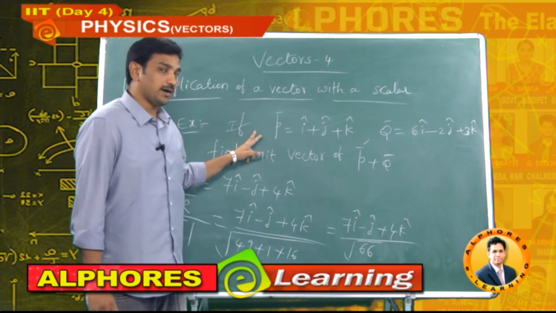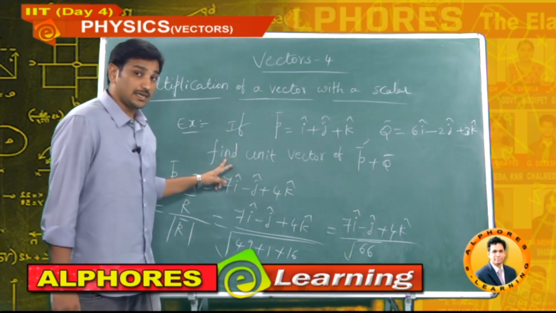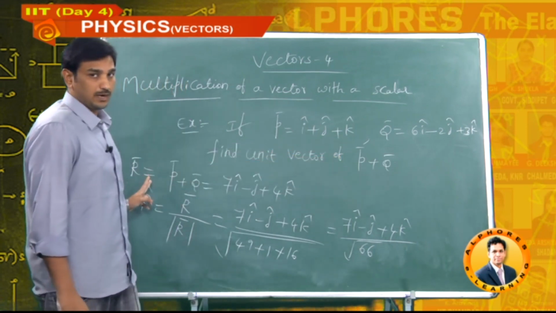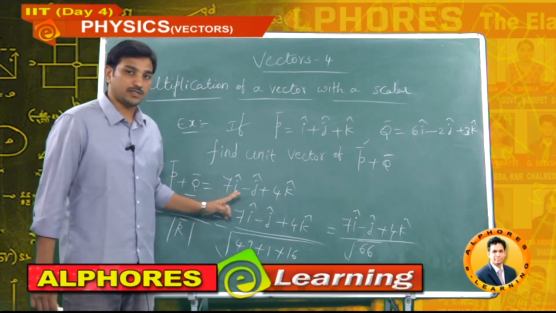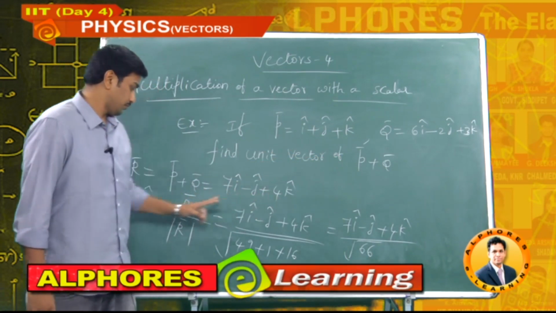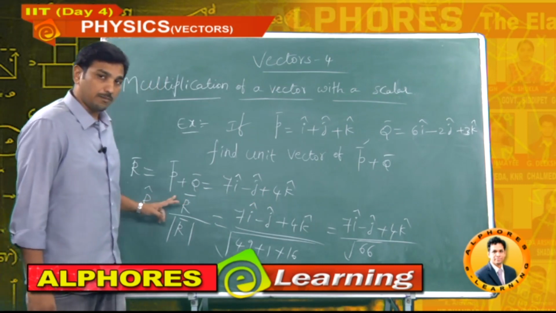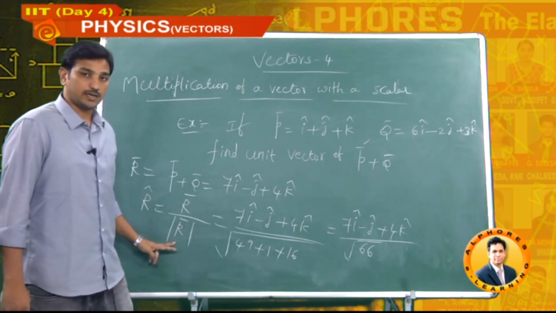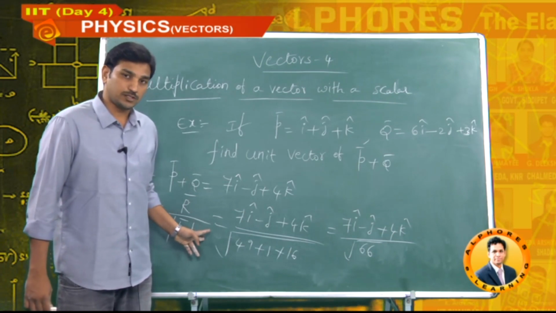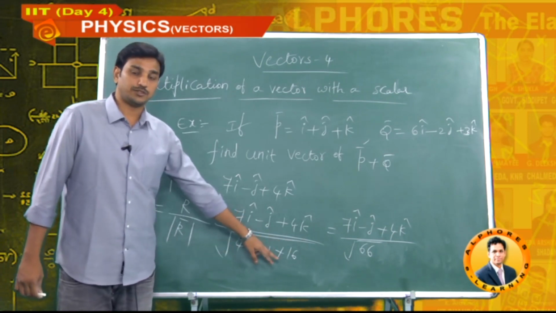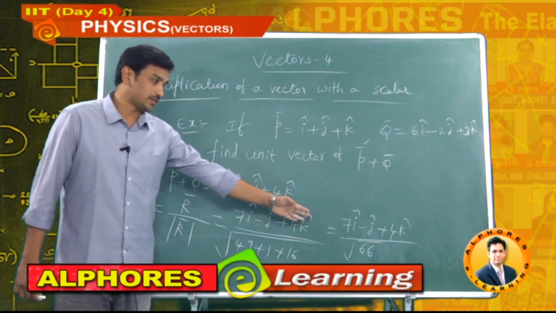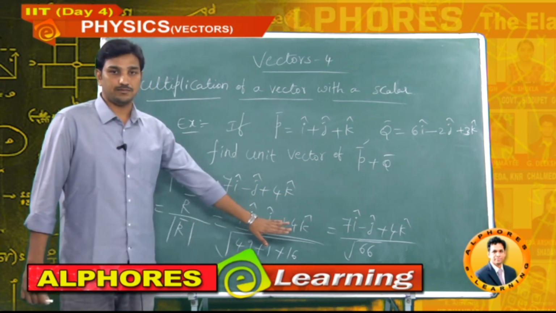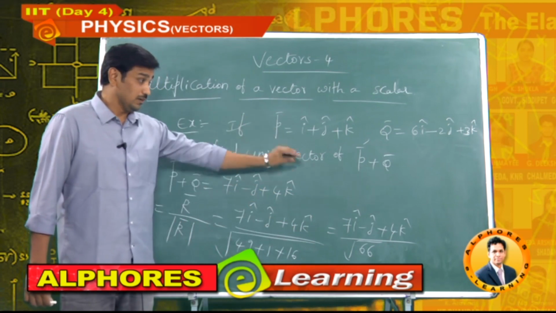So here we did this. What is that? p bar and q bar are given in the question. They are asking us to calculate the unit vector of p bar plus q bar. p bar plus q bar we have taken as a vector r bar. Now r bar is 7i minus j plus 4k. What is the unit vector of r bar? r bar by mod r bar. r bar I directly wrote here. How to find the magnitude of a vector? Under root of i cap coefficient whole square plus j cap coefficient whole square plus k cap coefficient whole square. The final answer is 7 i cap minus j cap plus 4 k cap by under root 66. In this way, we should calculate some of the questions depending on vector addition.